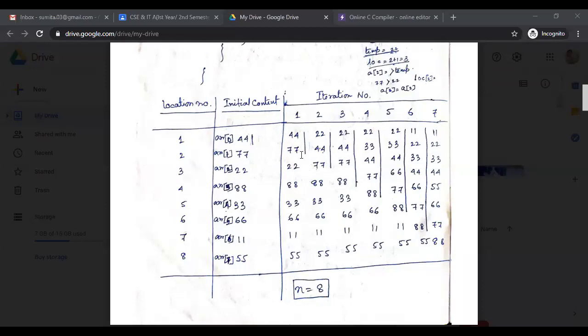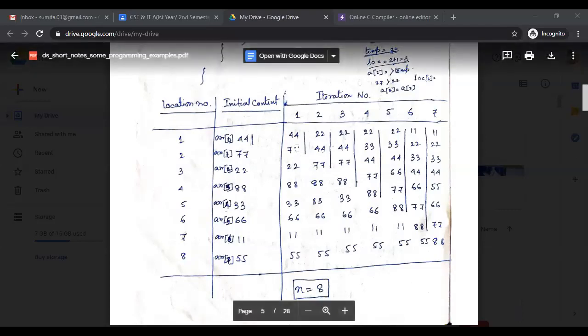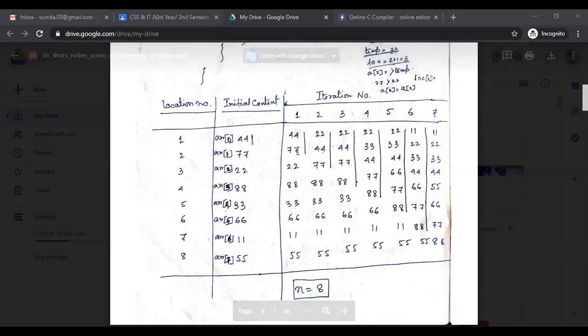Not only 44 and 77, not only 77 and 22, but all three elements are compared with each other. The first comparison is A1 and A2, between 22 and 77. Obviously 22 is less than 77, so first it will interchange the position of 22 and 77.